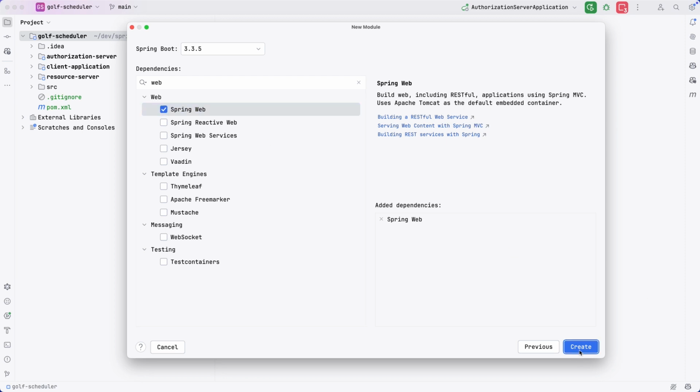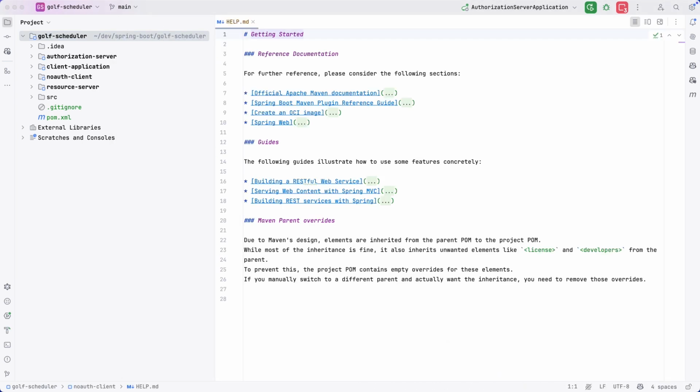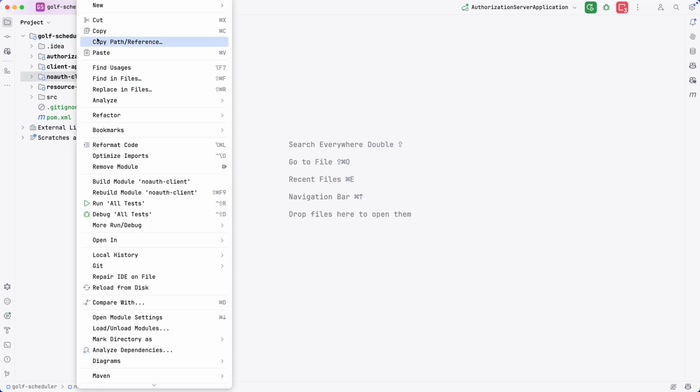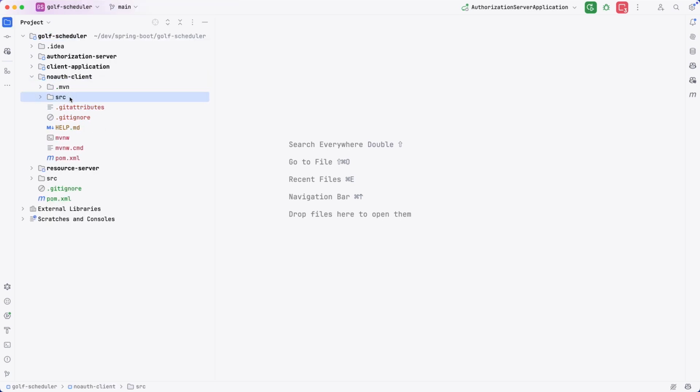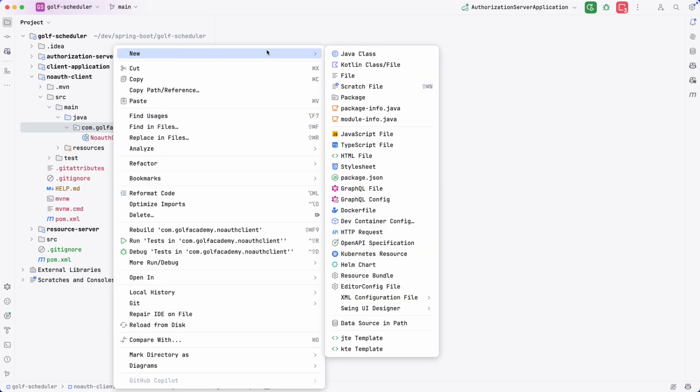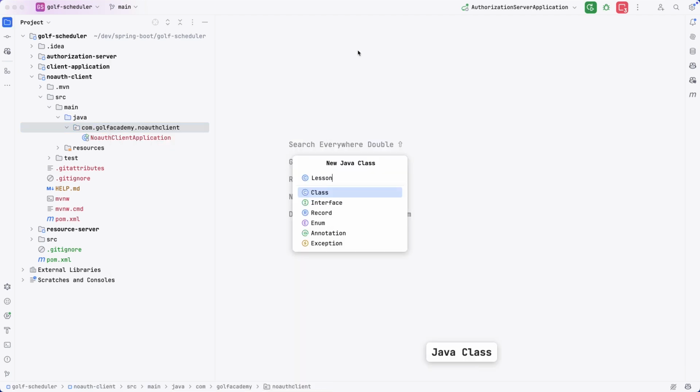That's really all we need, because all we're going to do is create a simple controller class that calls out to this, but it won't use the attributes to pass along. And again, even if we did use the attributes, this isn't a registered client, so it would not work. But I thought it'd be nice to show off just a couple of things here. So I'm going to create a new lessons controller here